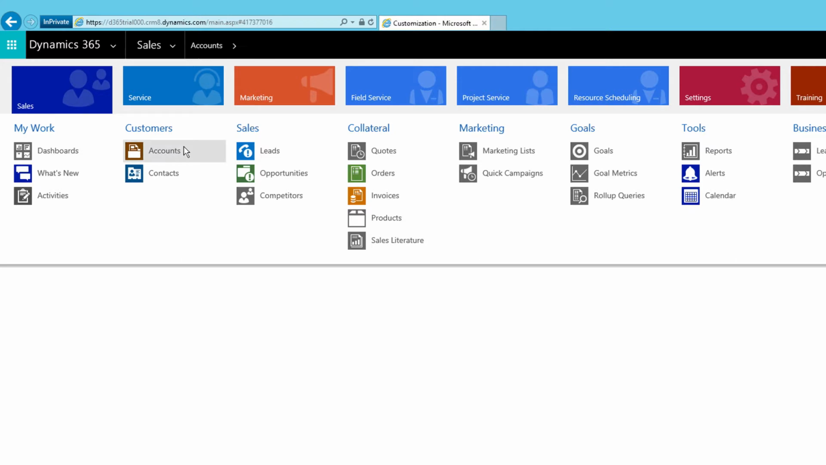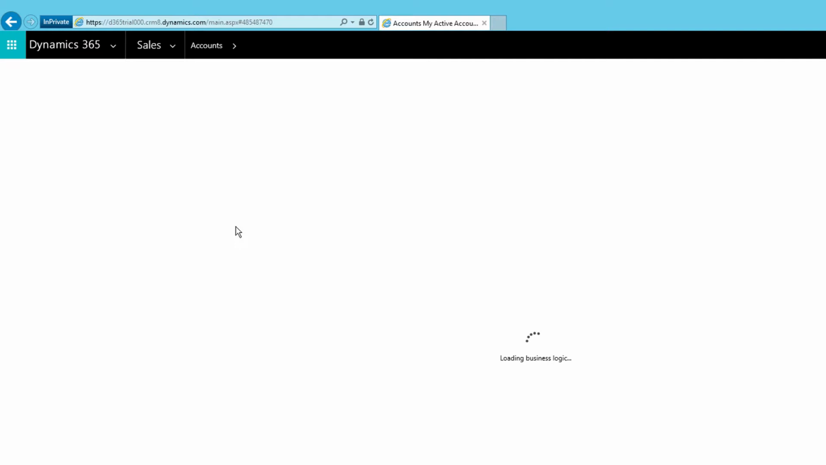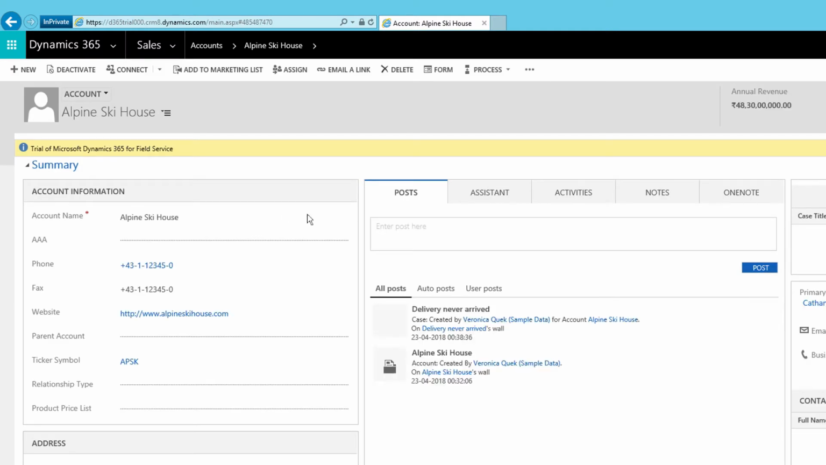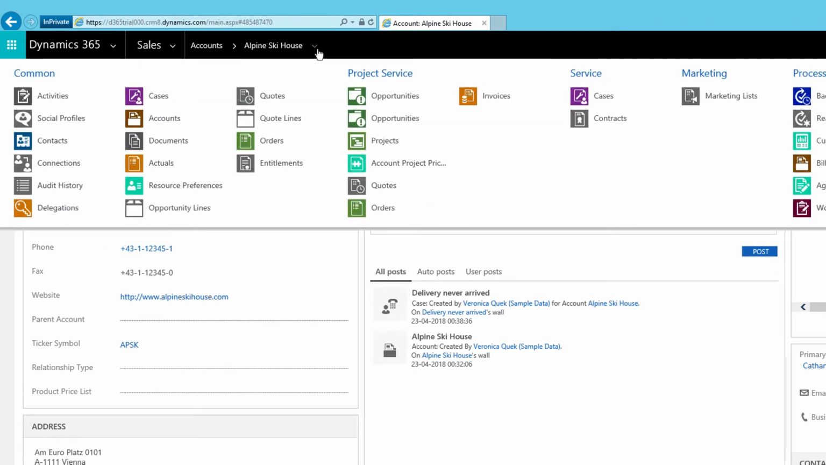So go to sales accounts and open any record, for example Alpine Ski House, and in there let's make some change. So instead of the phone number last 0, I'll just change it to 1. Okay, so we'll just make a simple change and save it. You can press Ctrl S to save the record. And now let's see the impact. So we'll click on this component here and then audit history,